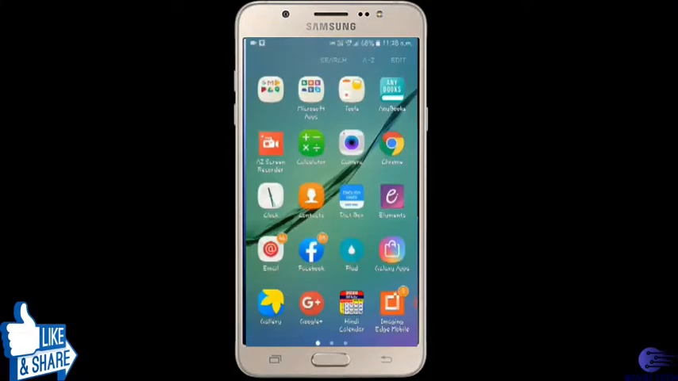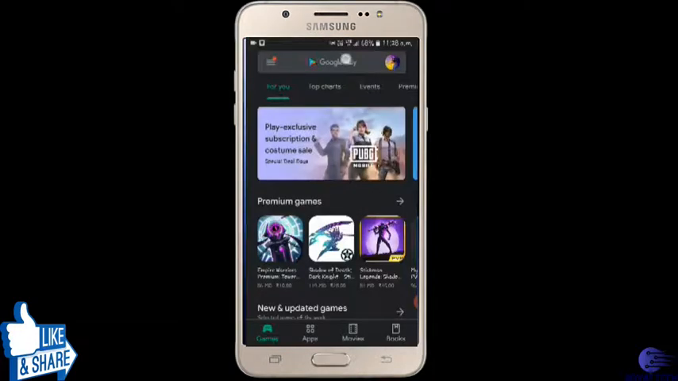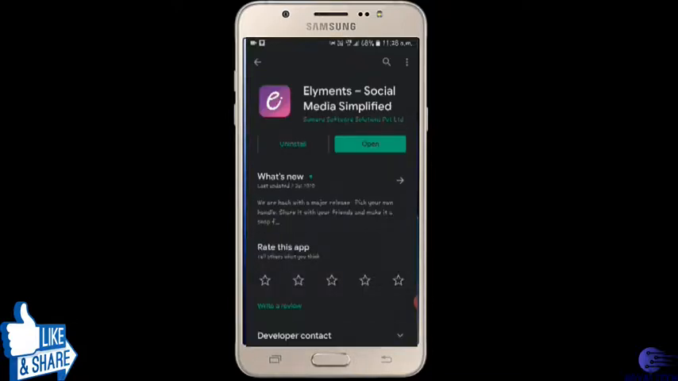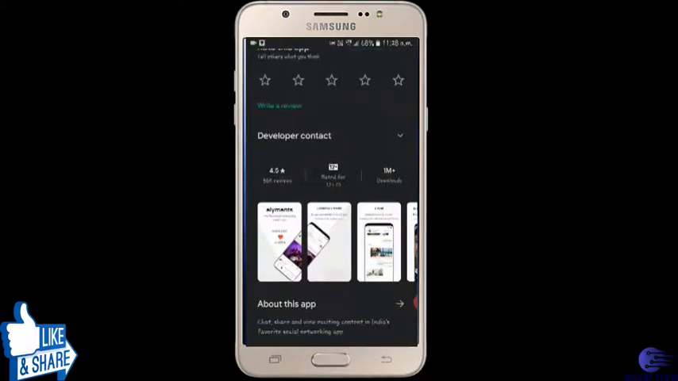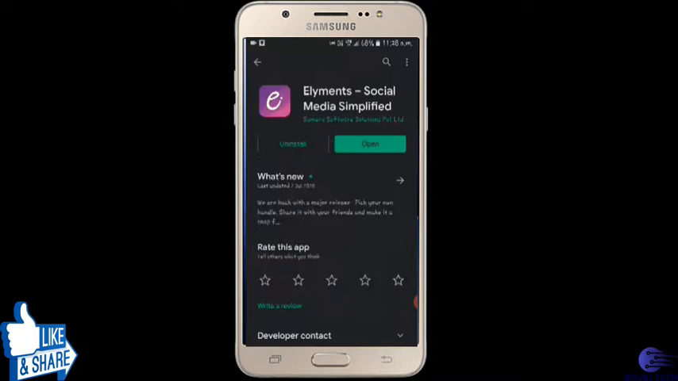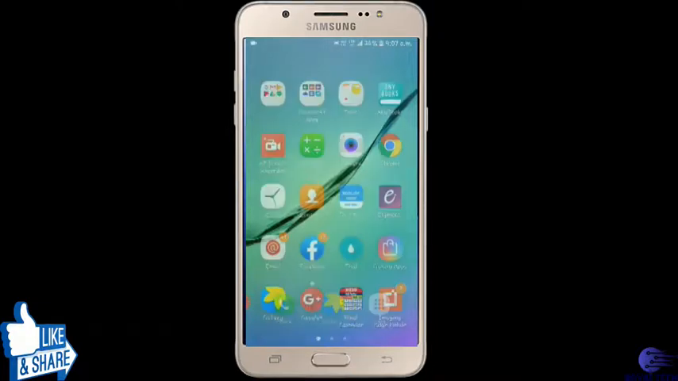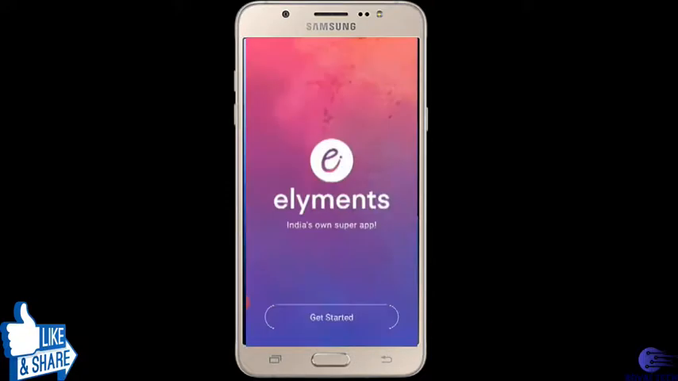So first go to your Play Store, type Elements. You can see guys, I have already downloaded. Scroll down, it has got 4.5 stars, 1 million downloads plus, which is too good. So go to Elements app, click Elements, get started,